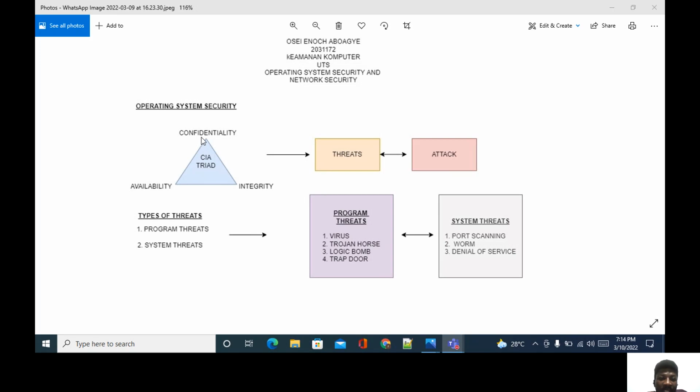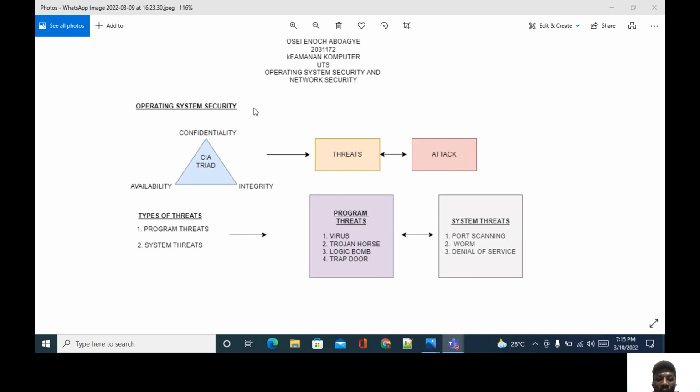When we say operating system security, it is the process of ensuring that we have confidentiality, we have integrity, and also availability of systems. And this diagram is called the CIA triad. So the process of ensuring confidentiality, integrity, and availability of systems is called operating system security. Okay, but what is the meaning of confidentiality, integrity, and availability? Confidentiality ensures that the system's